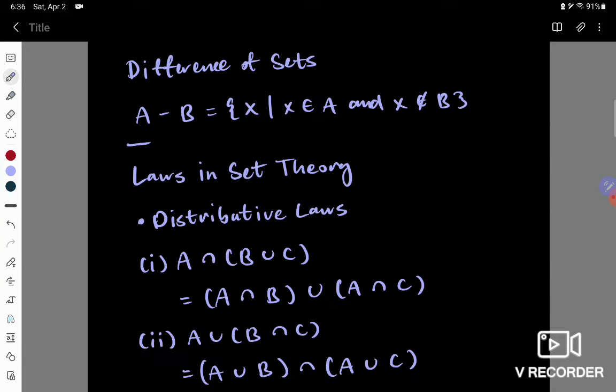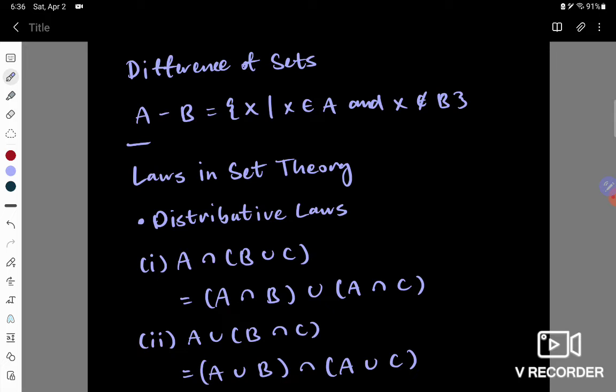But if you look a little more closely, you can see that intersection distributes over union the way that multiplication would distribute over addition, like so. Similarly, union actually does distribute over intersection, and so this is a very convenient secondary law that one can prove as well. I won't prove both of these, and I won't prove the next ones because they're extremely good exercises, but I will illustrate the proof of this first one